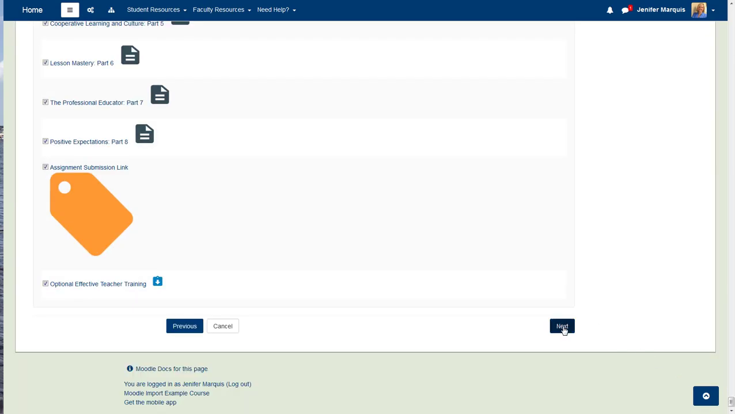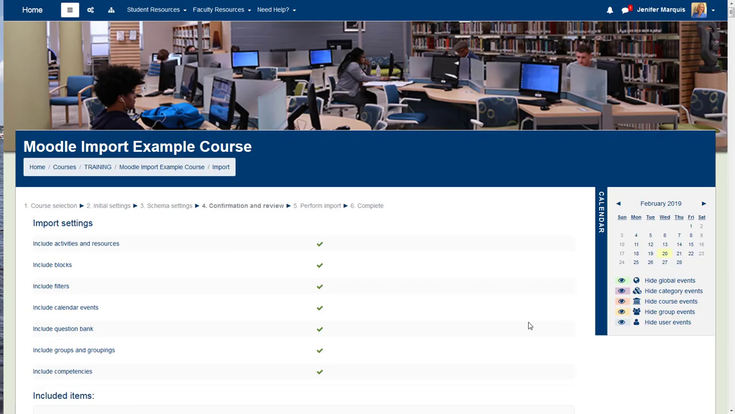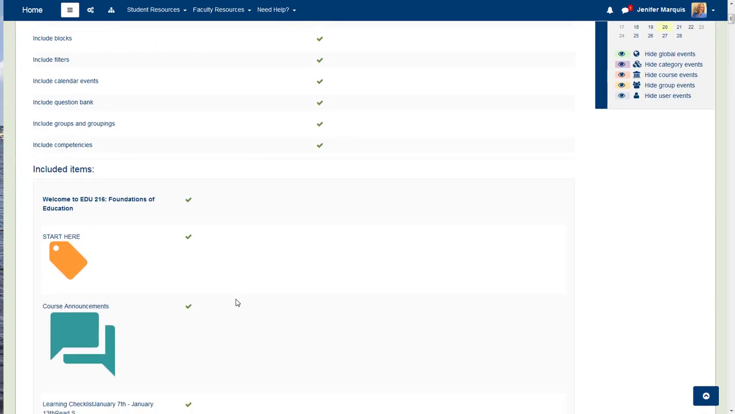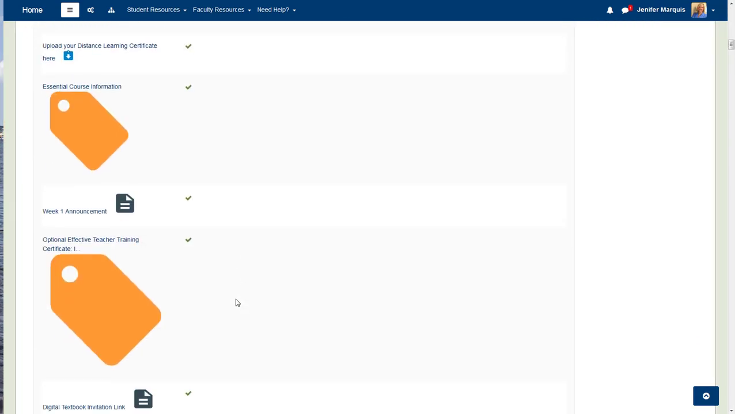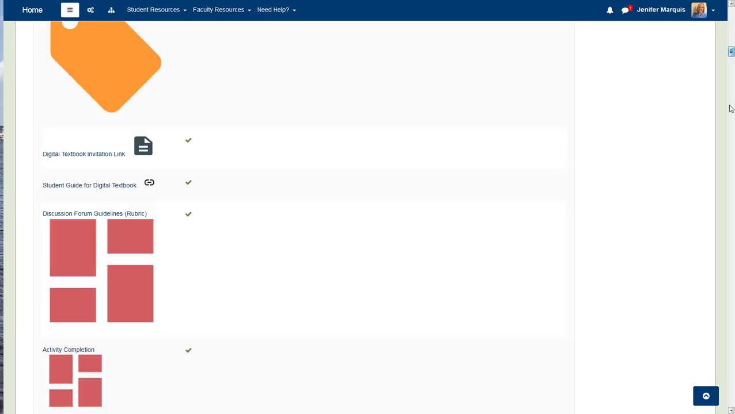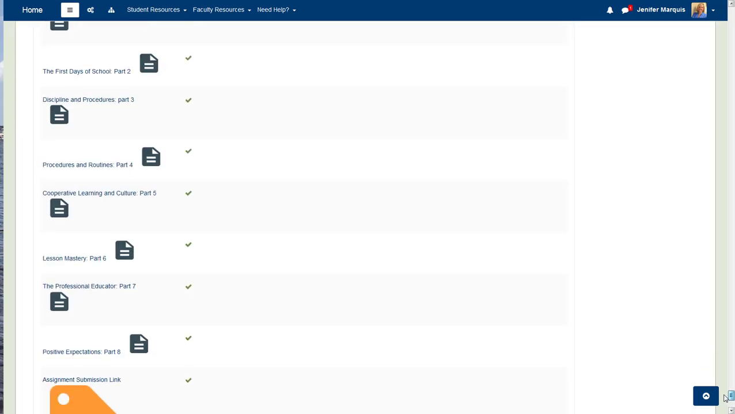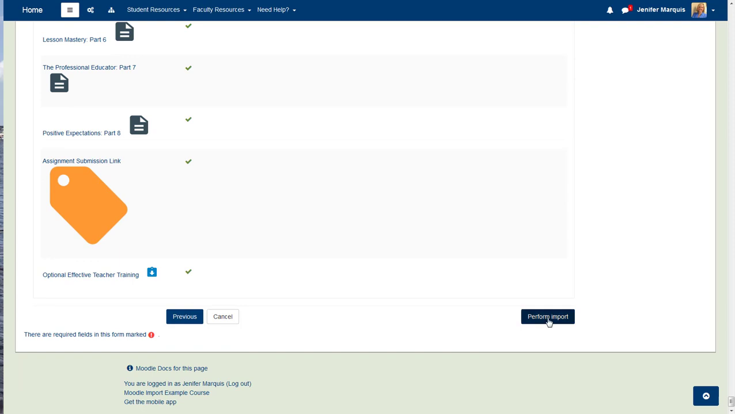But I'll go ahead and click Next just to show you, and now it will show me and confirm everything with green check marks that is going to be imported into my new course. If I scroll all the way down to the bottom, I can do Perform Import,